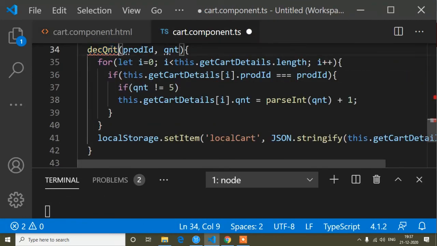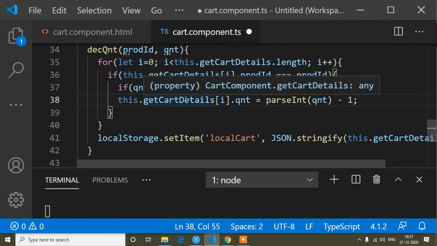Just a little thing I have to change: the method name, and instead of plus 1, I have to write minus 1. And here, when will it be minus? When the quantity has not come down to 1, at that time it will be minus.